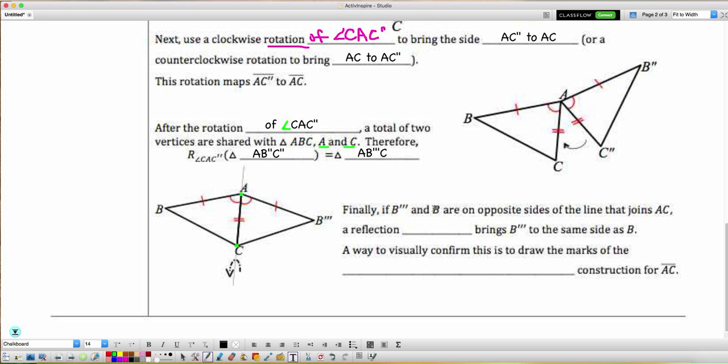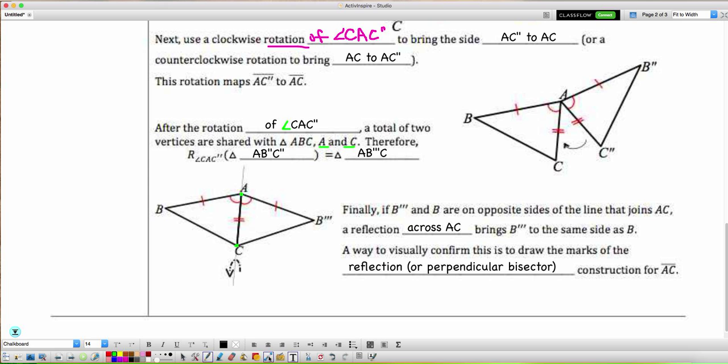Finally, if B triple prime and B are on opposite sides, like you see here, of the line that joins AC, then a reflection across AC will bring that B triple prime to the same side as B. A way to visually confirm this is to draw the marks of the reflection construction. Or you can think of the perpendicular bisector